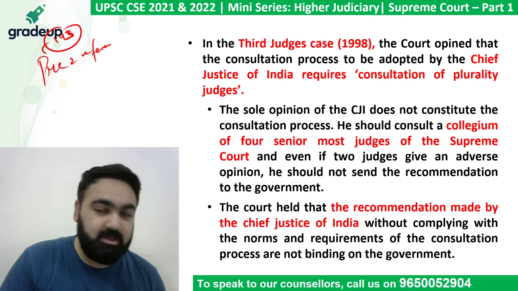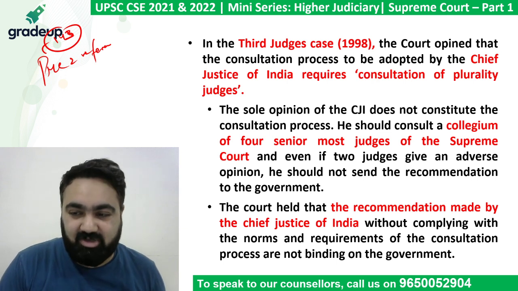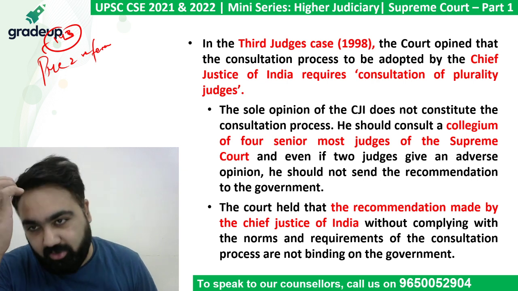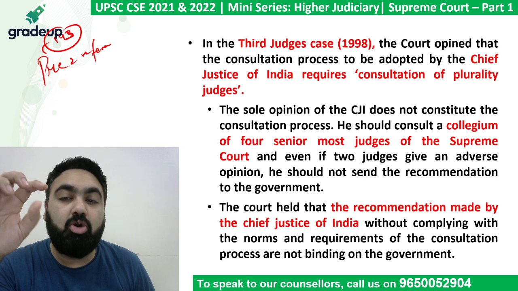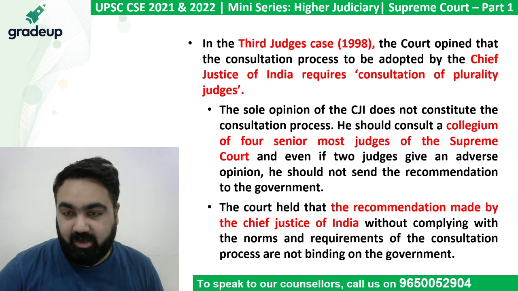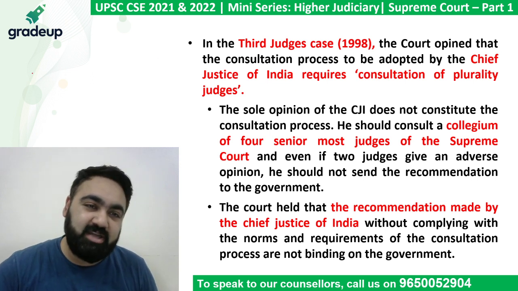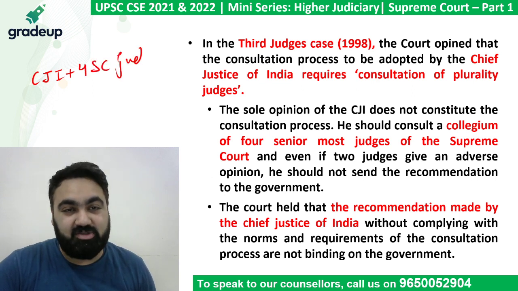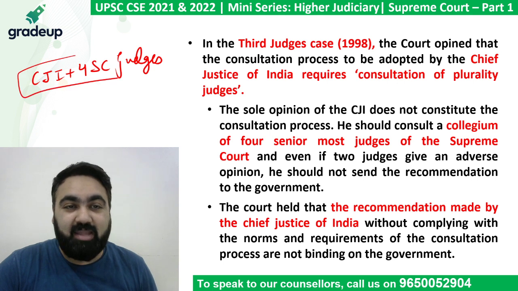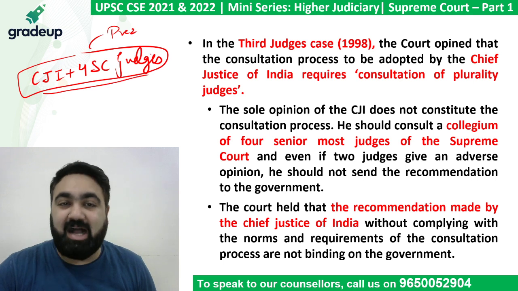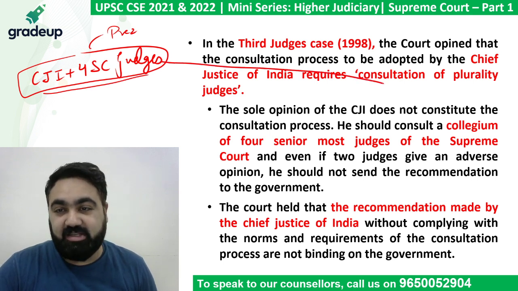So the Third Judges Case in 1998 was a case in which the Supreme Court again repeated the meaning of the word consultation: it will be binding. However, the Supreme Court now expanded the number of judges who will give the recommendation. Now the Supreme Court said the Chief Justice of India will consult four senior most judges of the Supreme Court and not two. And together they will give a name to the president, and that will be final. These judges are called the collegium. The word collegium that you would have heard in the news time and time again, these are the collegium.